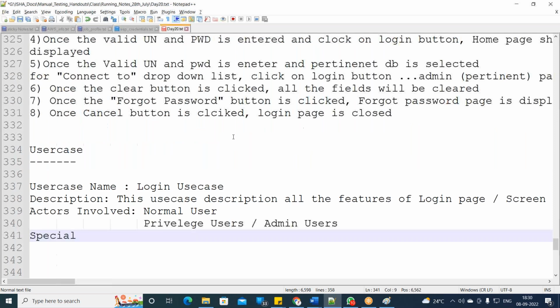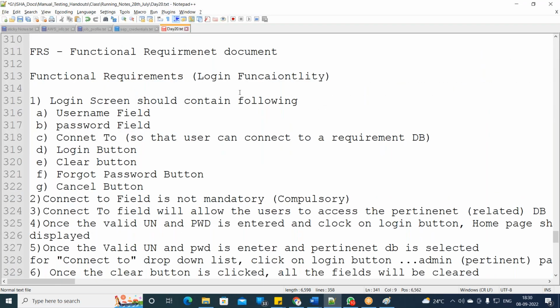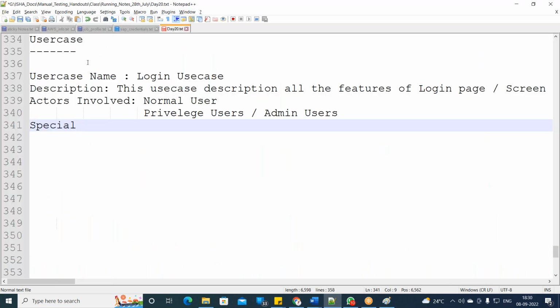So the business analyst has already written the functional requirements for this login functionality. He didn't want to put all those functional requirements again into this